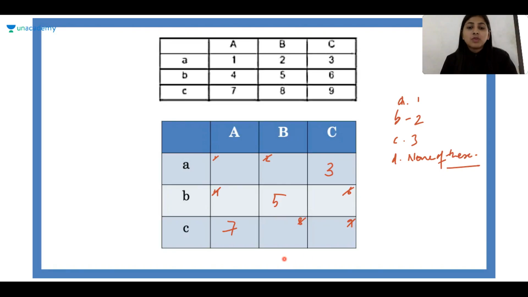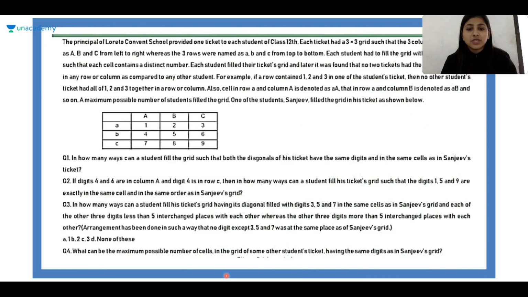Guys, those who have joined now, please wait. We are almost done with this question. And it's a very big question. You can't start it in between. So just wait. We will see another question, okay? We are just on the second last question.